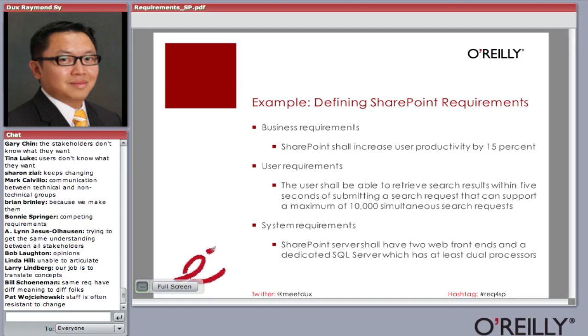Now, to some of you, well, Dux, that sounds good, but it's still out there. You know, it's still management speak. How do we make that real? So what you do is you take this business requirement, bring it down to another level called user requirement, and understand how do you deliver that. Okay. So we know there's a lot of ways that SharePoint can increase